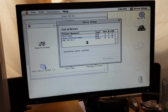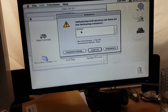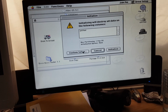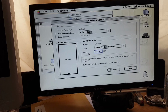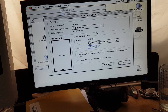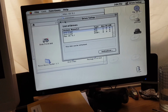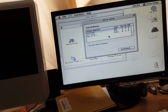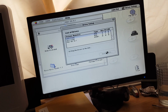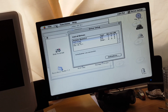So yeah, that is quite cool. I'm going to click initialize. I'm going to do custom setup. Yeah, Mac OS extended. Okay, maybe not. So we'll have to just go in and change the name. Initialize. I'm guessing it will. Okay, so